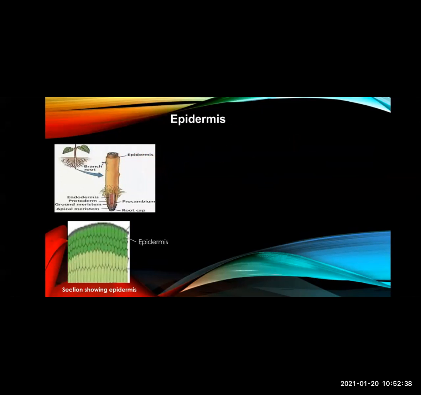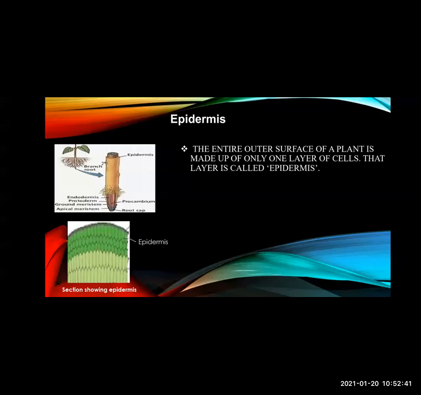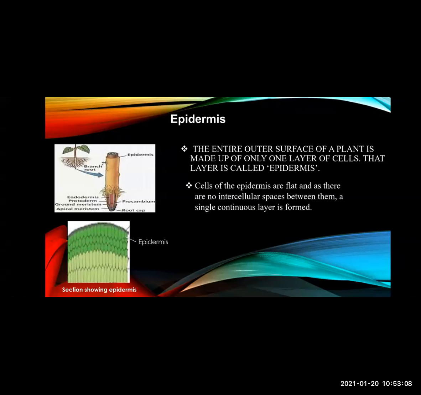When you take a section of this outer layer and observe it under the microscope, this is the cell type that you see, as we have seen in the case of Rohio. The polygonal cells which are rich in cytoplasm and they are compactly arranged. You can see there is no space in between the cells or very little space in between the cells.